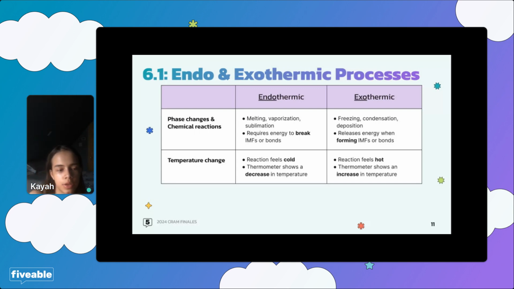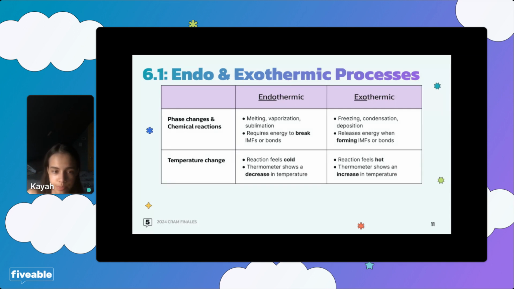Okay. And then the next thing is temperature changes. When you have an endothermic process, the reaction feels cold. That's because even though you're thinking of heat entering, wait, isn't heat entering? It's endothermic. It is entering, but it is being taken from the surroundings into the system. So since you're moving the heat from the surroundings and it's going into the system, it would feel quote unquote cold, right? And the thermometer would show a decrease in temperature,